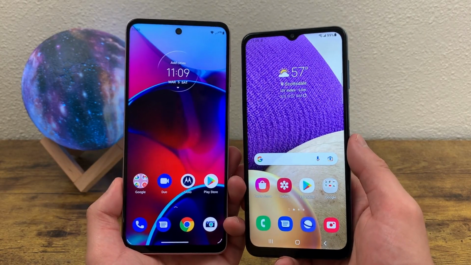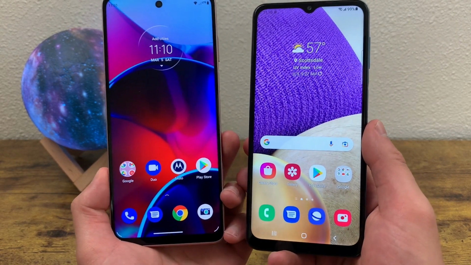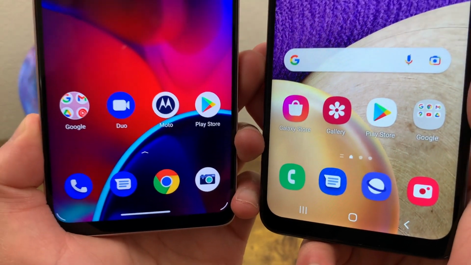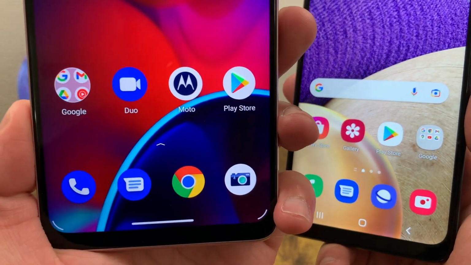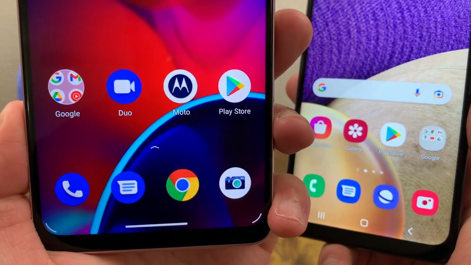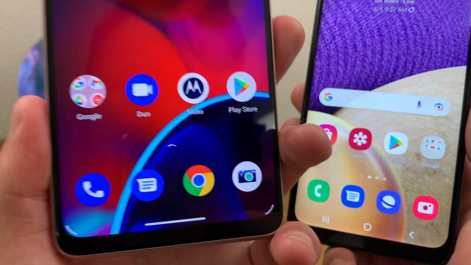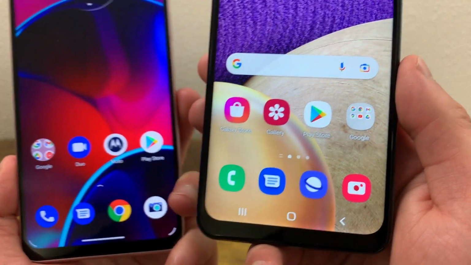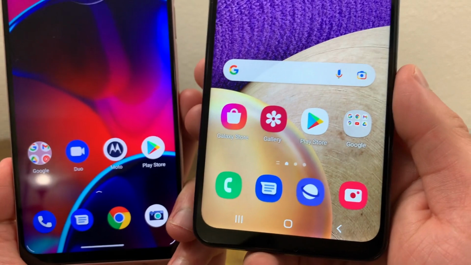Overall, both of these phones do have nice displays with nice vibrant colors and good brightness as well. The images are sharp with both of them, but you can definitely tell the 1080p display of the Moto G Stylus 2022 looks a little bit better, a lot sharper and more crisp in general. Whereas with the Samsung Galaxy A32 5G, it doesn't look bad per se, but you can definitely tell it's a